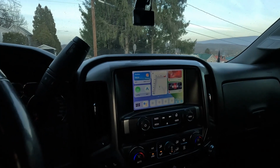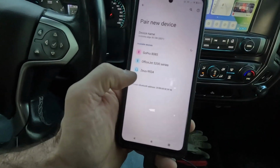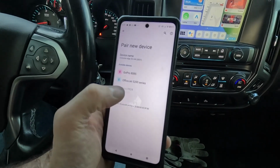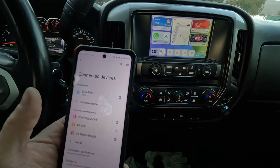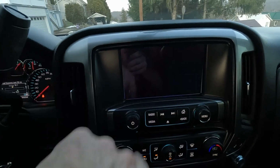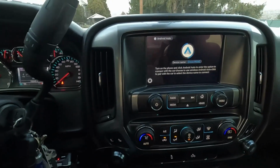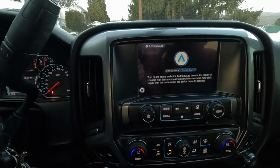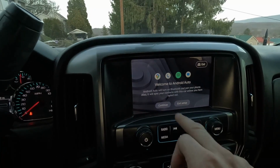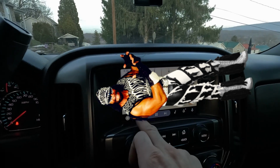Let me connect this thing to my phone. Alright, so I'm waiting for it to find, there it is, Zeus 9924. Let's connect, pair, active. Now I should be able to hit Android Auto. And it should connect now. There we go. Continue. And let's not show my...